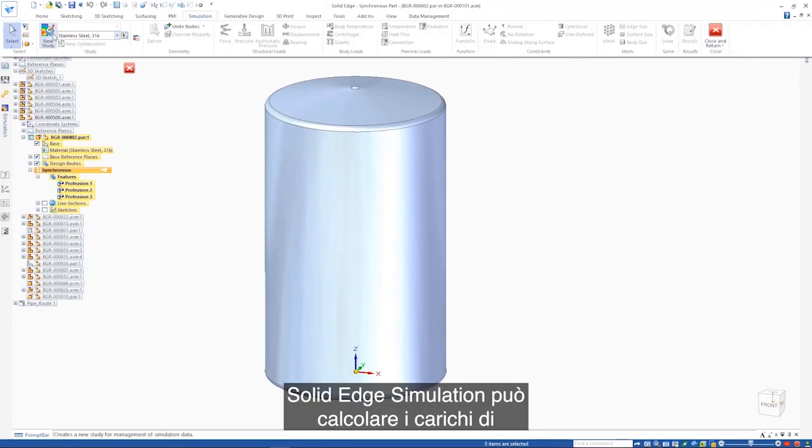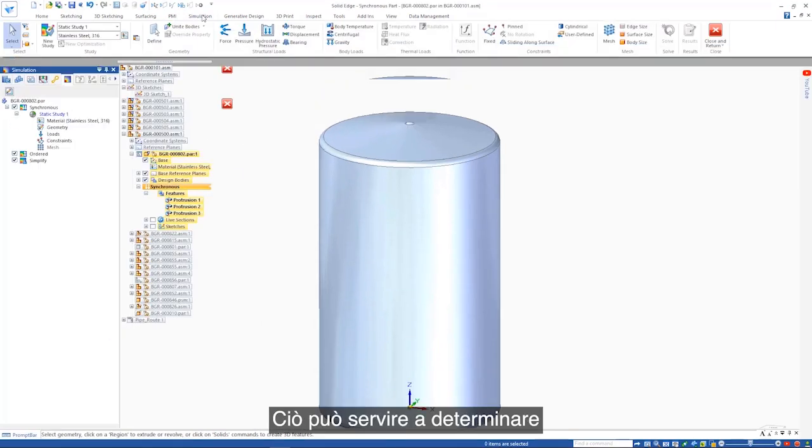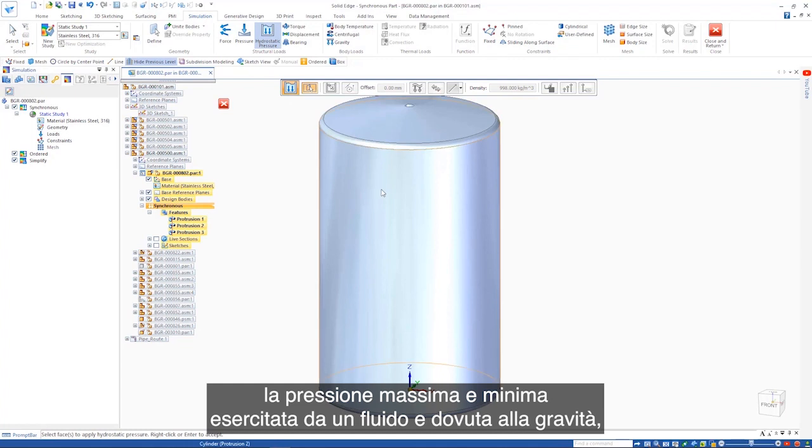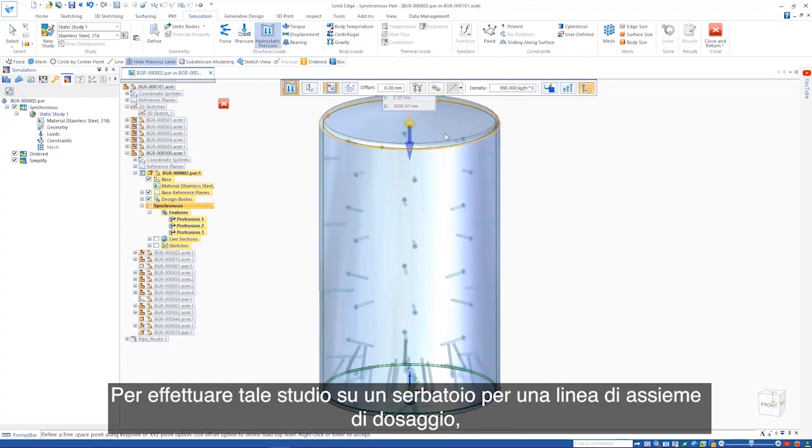Solid Edge simulation can calculate hydrostatic pressure loads in a linear static or coupled study. This can be used to determine the maximum and minimum pressure that is exerted by a fluid from a given point due to gravity. Running such a study on this tank for a dosing assembly line, we simply need to